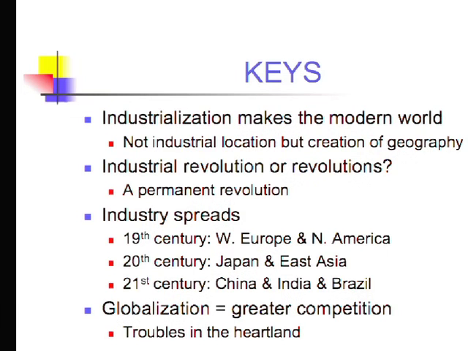Keys today are that industrialization actually is what's created the modern world in a material sense, the stuff you see all around you. And a subordinate point to that is that unlike most industrial geography courses, economic geography courses, I don't start with the idea of industrial location. Where is the optimal place for industry to go given the shape of the world? What I'm saying is that in the longer view, the shape of the world is created by industry, has been